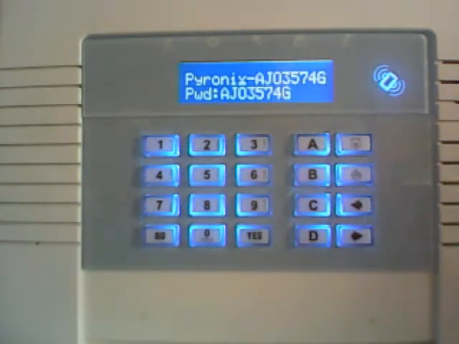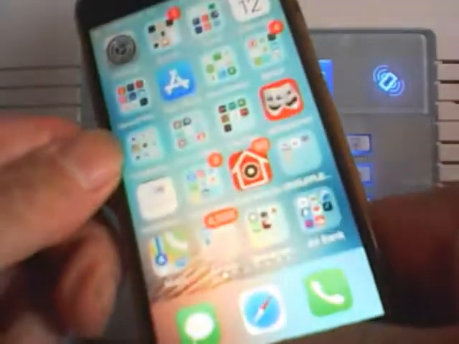It brings up the code for the control panel. So if you notice the Pyronics at the top, that's the code number for the control panel, and the password is exactly the same as the code above. So to set this up, you will need your mobile phone. In this case, I've got